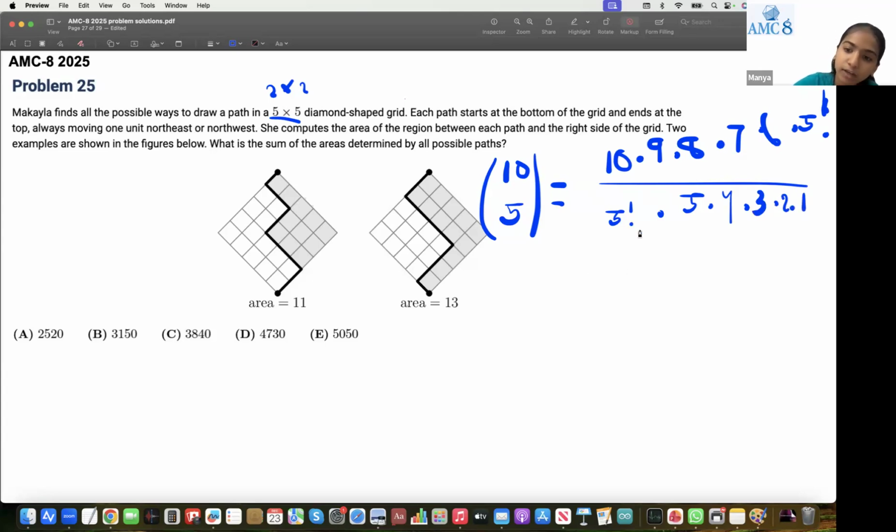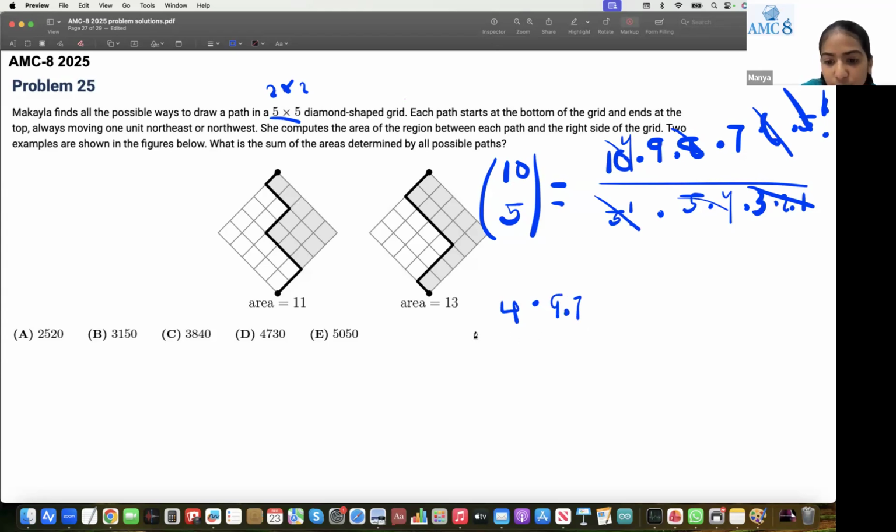The 5 factorial and the 5 factorial will cancel out. The 3 times 2 times 1 and the 6 will cancel out. The 5 times 4 and the 8 times 10, they will both cancel out. And the top one will say 4, because 80 by 20 is 4. And we will be left with 4 times 9 times 7